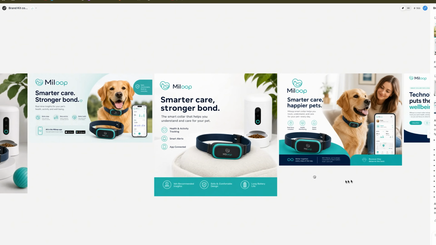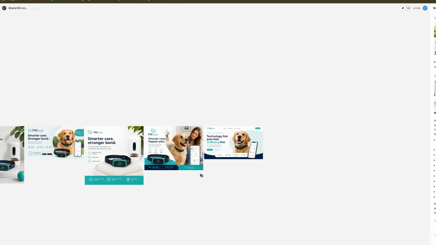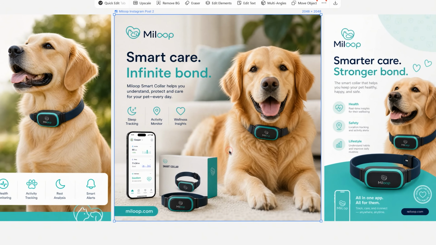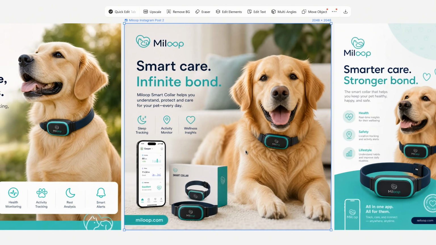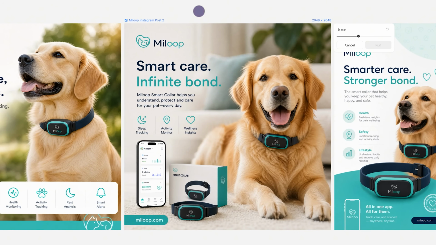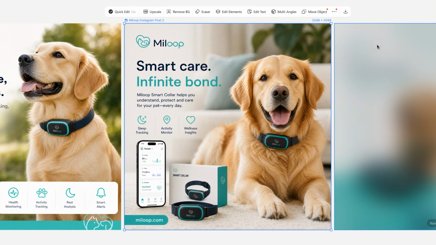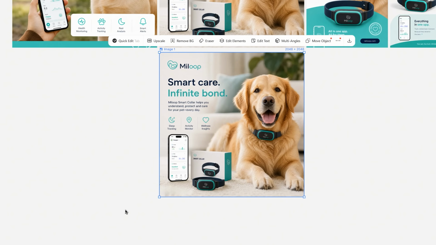The good news is that it's an editable file. You can see multiple options when you click on the image. You can scale your image, you can remove the background, you can edit it, etc. What if I want to erase something from this image? So I'm gonna click on this eraser. Once I selected a component I wanted to remove, I'm just gonna click on run. And as you can see, the part I've selected is gone. This is cool. This is really nice.